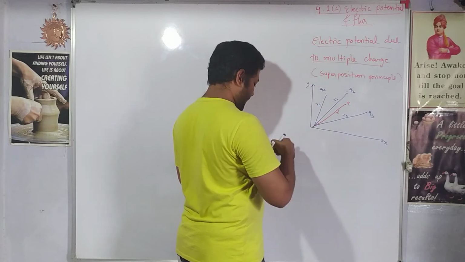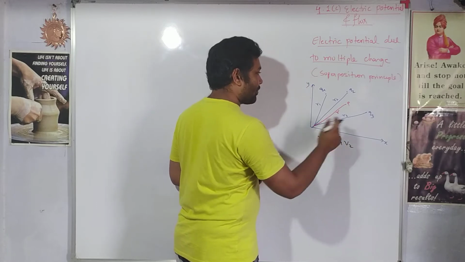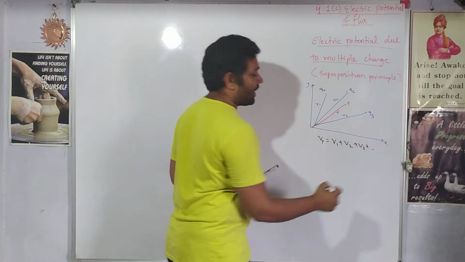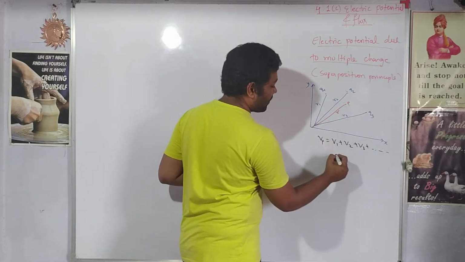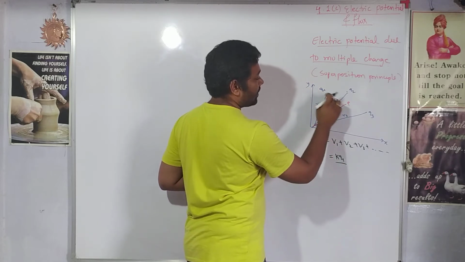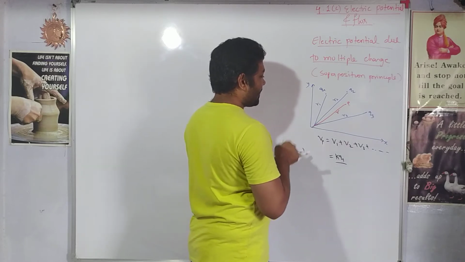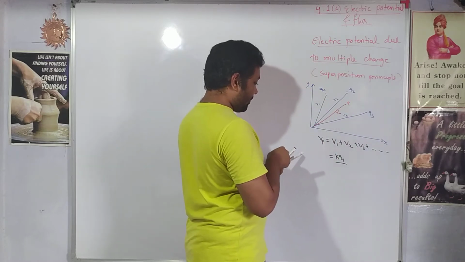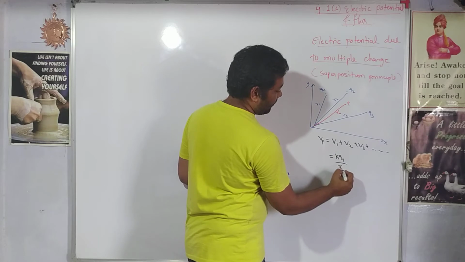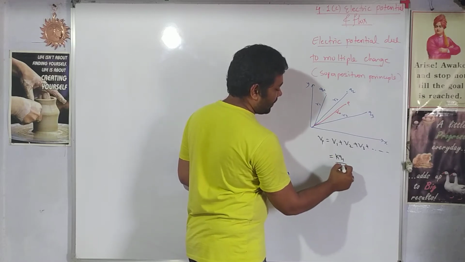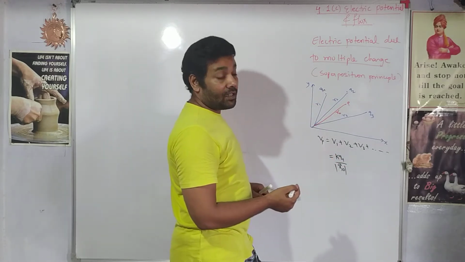Potential at any point is the algebraic sum of the potential due to the first charge, the potential due to the second charge, the potential due to the third charge, and so on. So let us substitute the values. What will be the potential due to the first charge? K Q1 by the distance. So from R1 to R, let us say this is R0. The displacement vector from 1 to P will be R10. Only its magnitude we have to consider, not the direction, as potential is a scalar quantity.